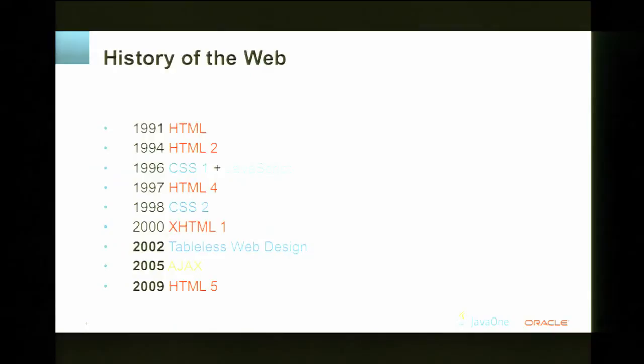So I want to kick things off and take us to how we got to where we are today. We started with HTML back in 1991, a very long time ago. Things got a little bit interesting with the introduction of CSS and JavaScript in '96. But at that time, we were using tables and things like that for layout. Eventually, in 2002 is where things really started getting interesting, where we're using CSS correctly,